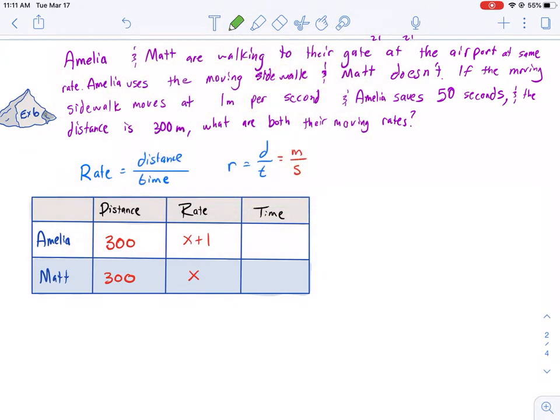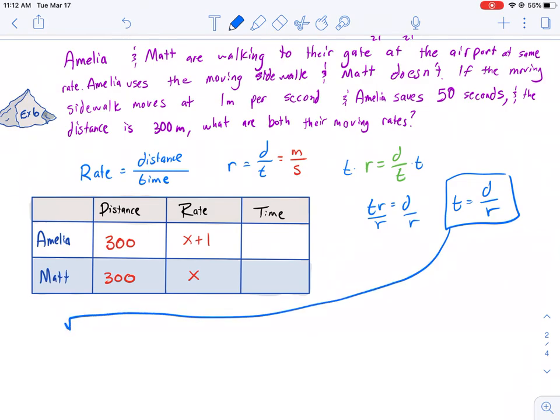So the first thing we're going to do is rearrange the rate times time equals distance formula for t. So we want time. So we need to solve for time. How do we do that? Multiply both sides by t. tr equals d, divided by r, divided by r. Time equals the distance divided by the rate. And that makes sense. If someone ran 100 meters and their rate was 10 meters per second, how fast did they run it? They ran it in 10 seconds. Okay, so that's a way we can solve this problem in regard to x and for their time. So we're going to show how to do that right